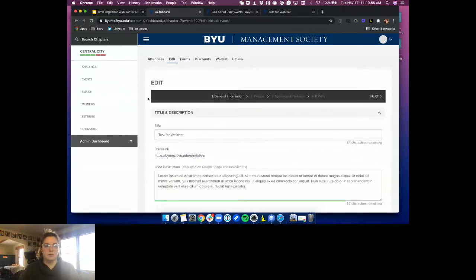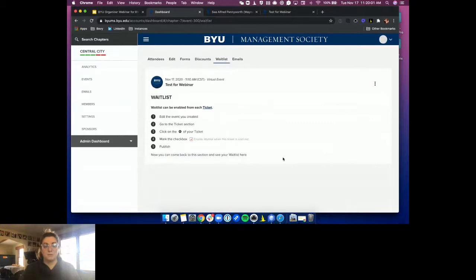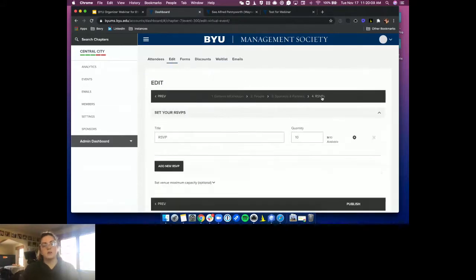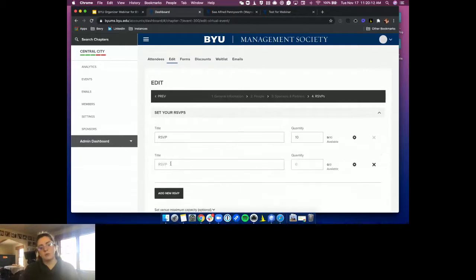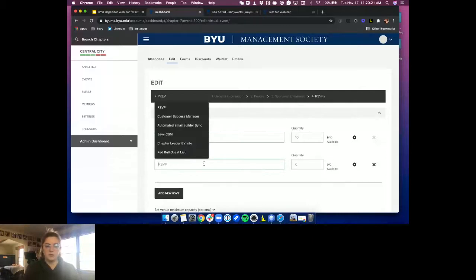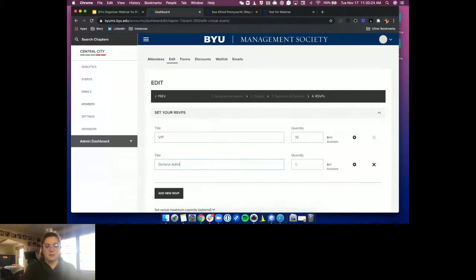Do you mind showing them the wait list? If, let's say, they meet their capacity, how do they manage? Yeah, for sure. The waitlist can be enabled from each individual ticket. When you create your RSVPs, you can have multiple tickets. So you can have a VIP ticket that only allows for 10, and then you can have a general admission ticket